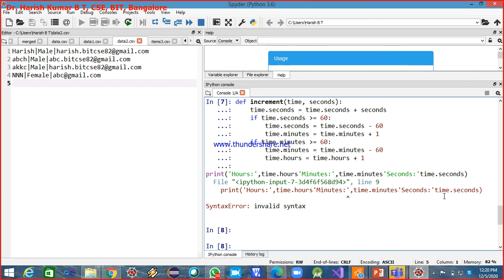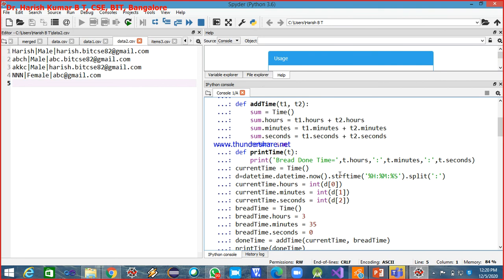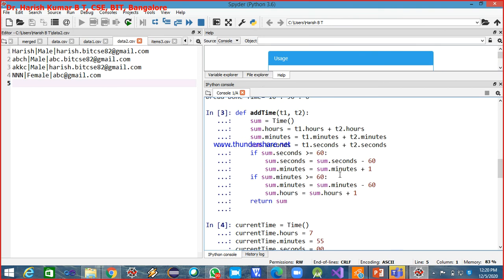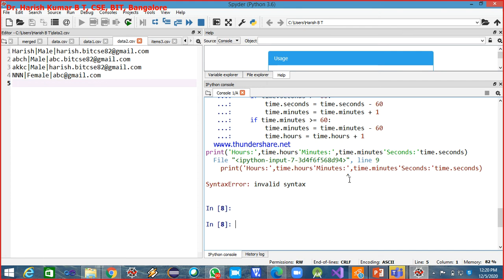Invalid syntax. Why? I think first comma and then no. Okay, we have to have a comma here.